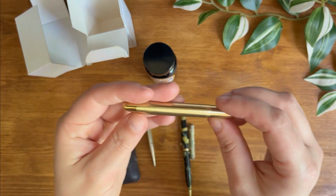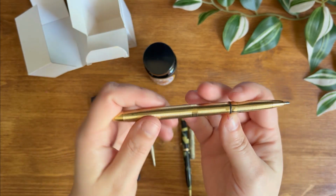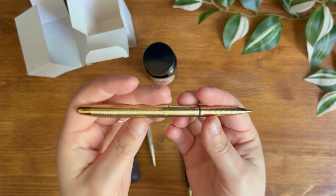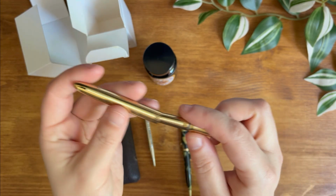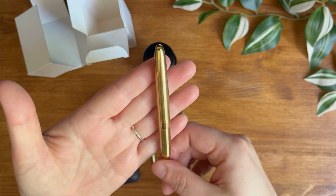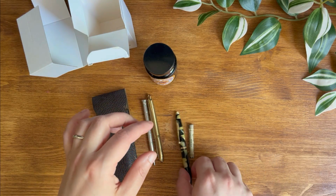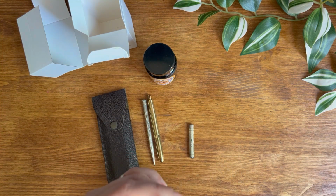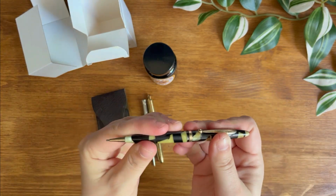Also picked up this Fisher Space pen. I'm not sure when this is from. My partner thinks it's probably from the 90s. Either way, I love the finish on it. Little brass Fisher Space pen. It's very cool. And then I picked up this beautiful 1930s Schaefer mechanical pencil,